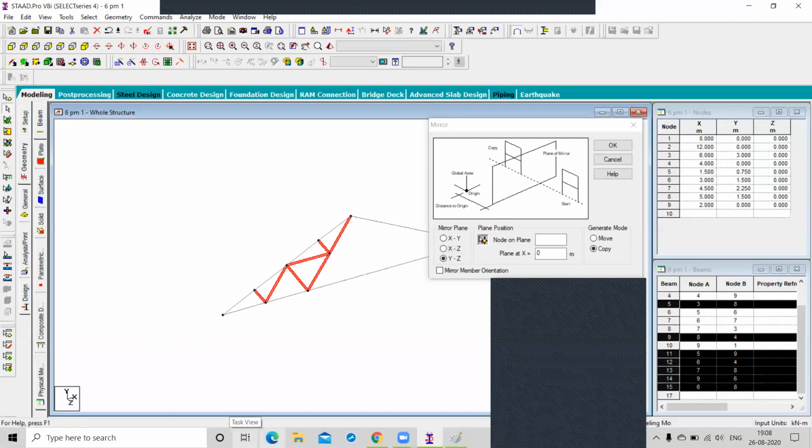So first of all, we have to choose a mirror plane. Which plane are you going to select? X, Y, XY. Can you tell on which plane this figure is drawn?